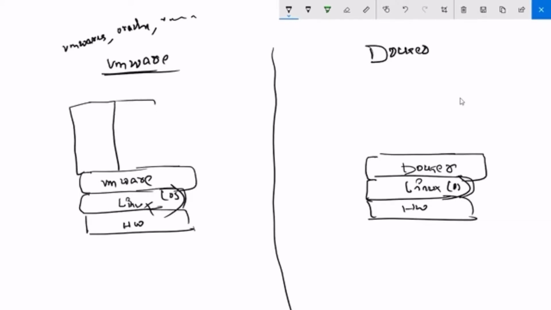Inside each and every virtual machine, we install an OS separately. For example, CentOS, Red Hat Enterprise Linux, here Ubuntu. On top of that, you install software, whatever you want, the software and applications. Here we call them VMs, virtual machines. Here we call them containers.